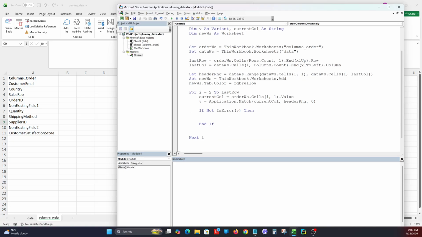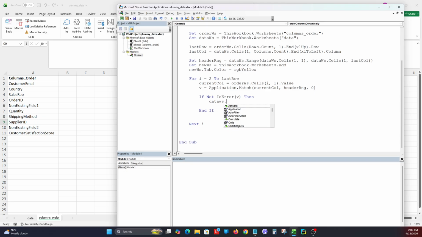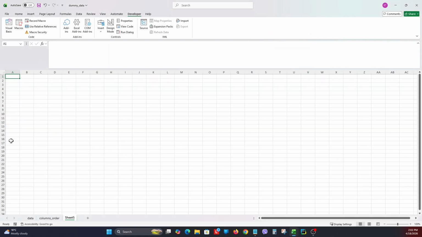And now we can write the copy part. So from the data worksheet dot columns v dot entire column dot copy, and I'll leave this now. Apparently we need also the destination argument, but for this we need to establish which is the next available column,